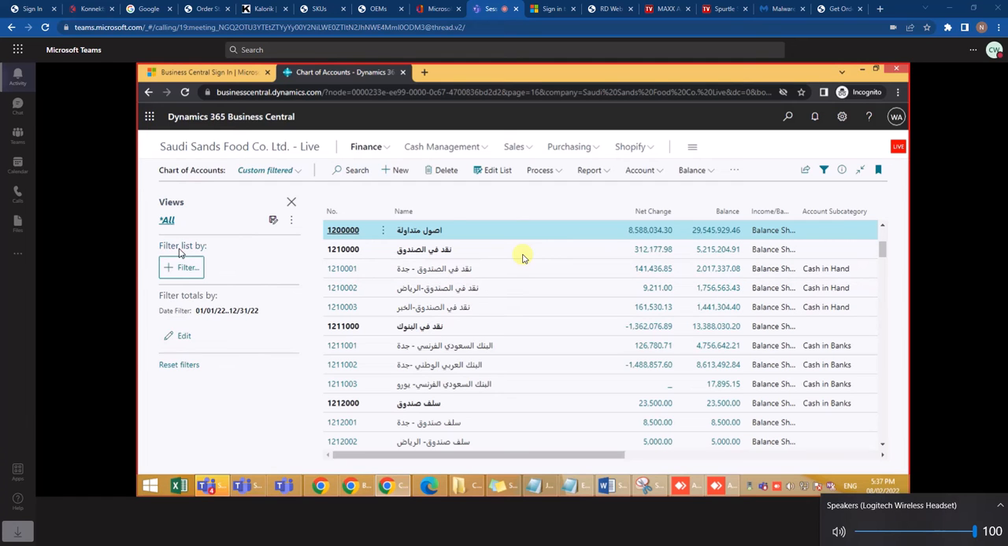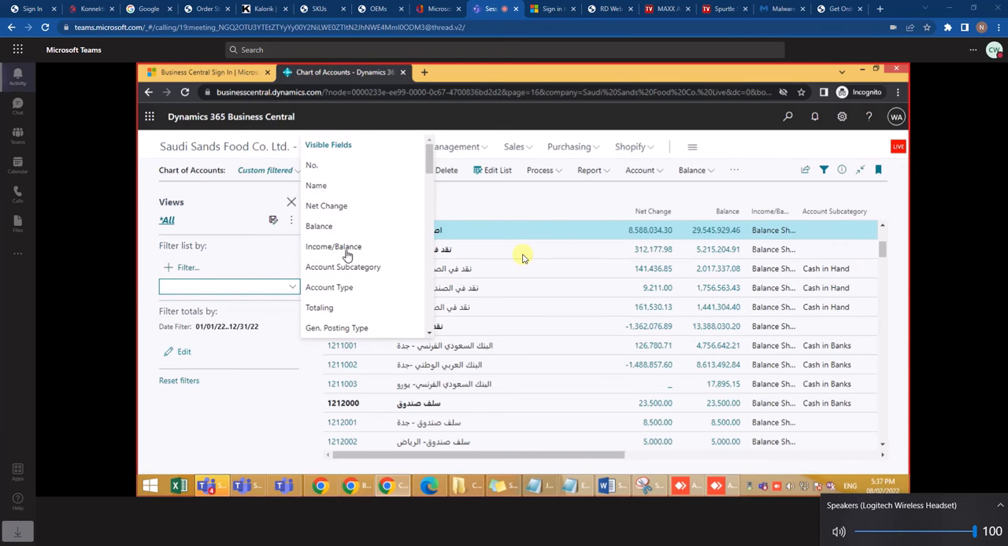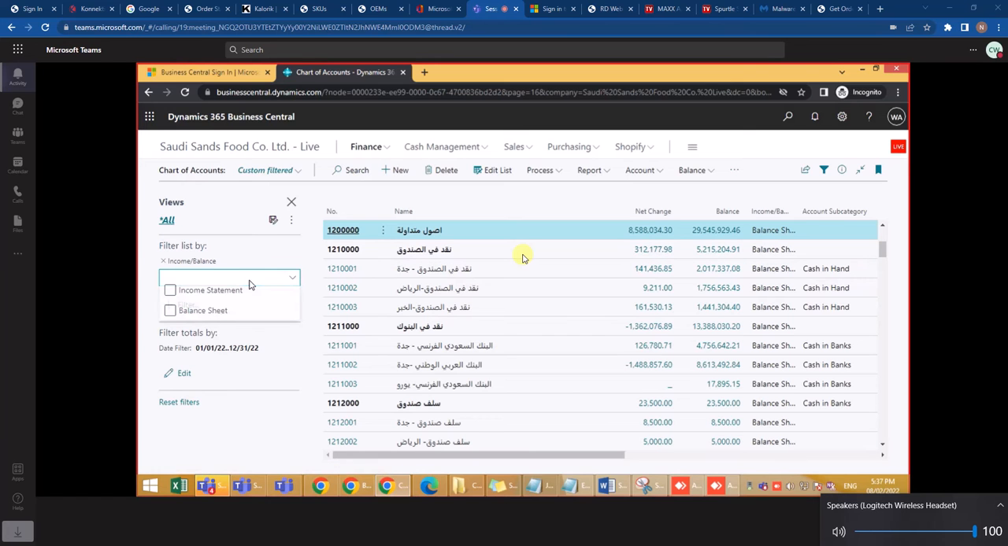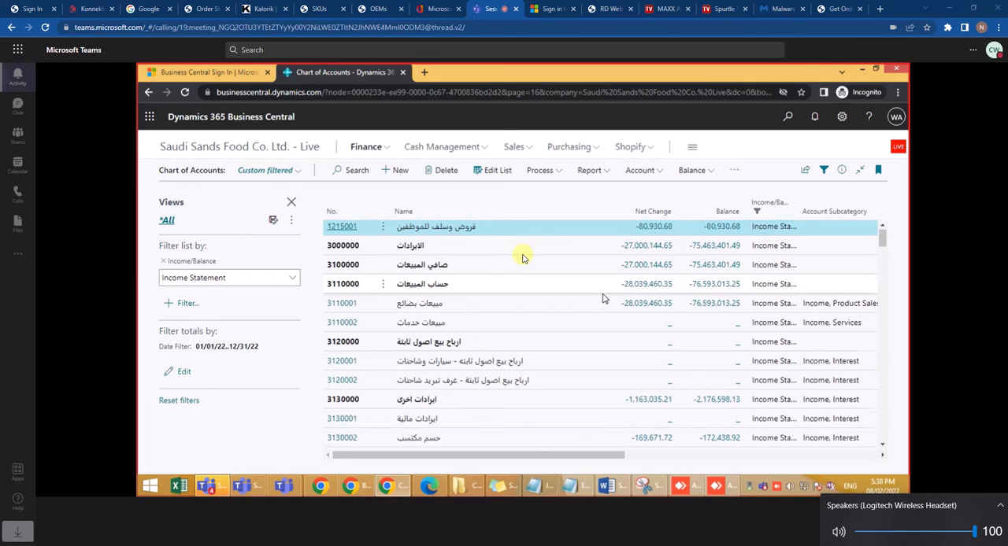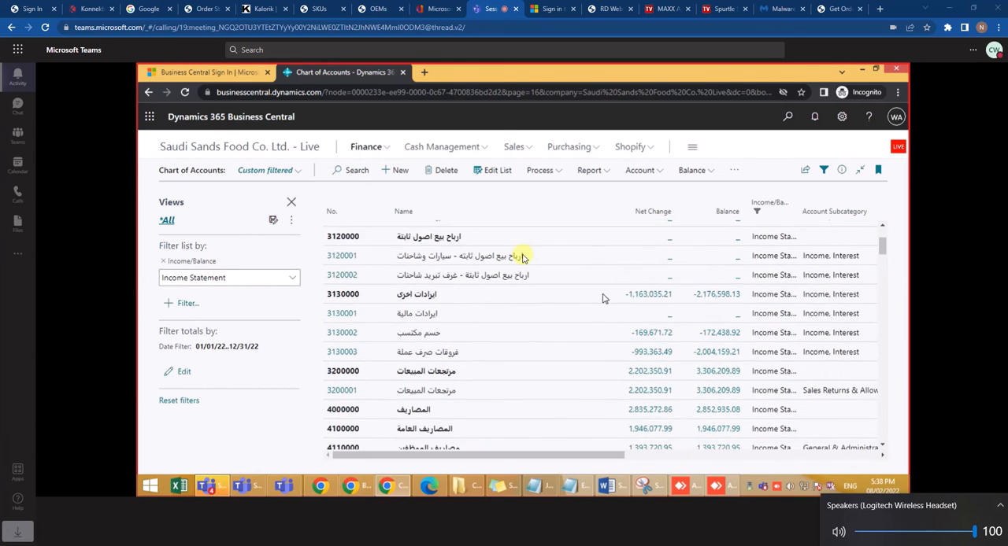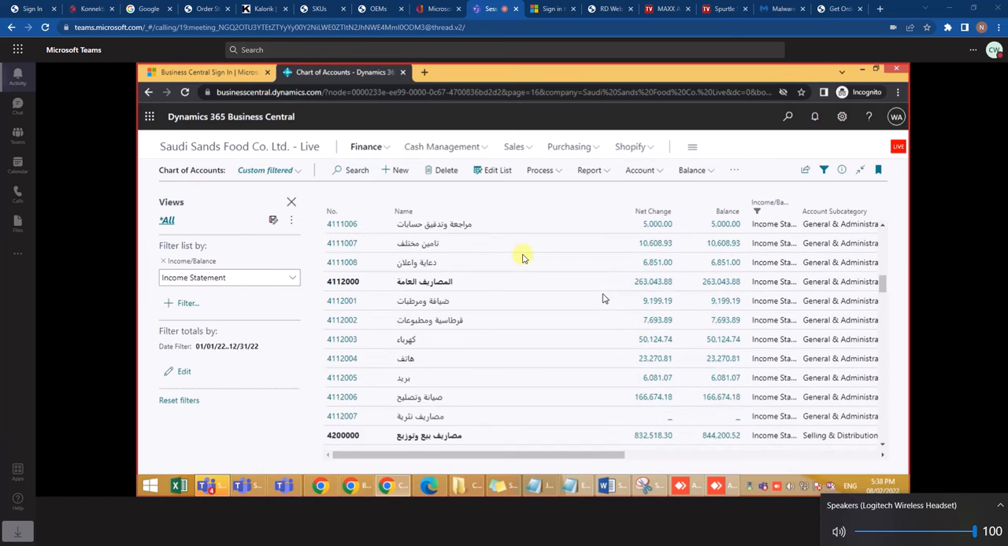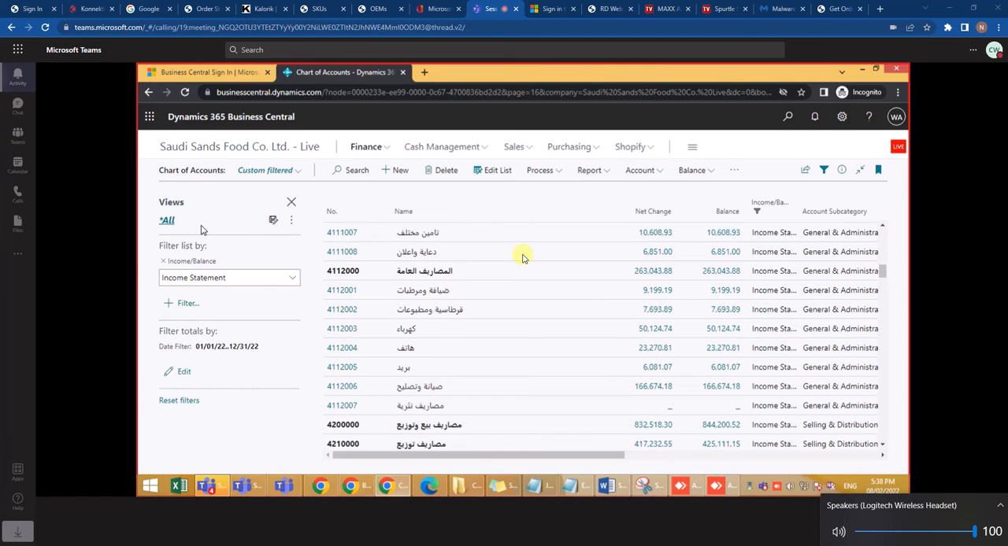Now, if I just want to select the P&L accounts, I can select income and balance, and then I can select income statement. So with this filtration, you can see only the income statement is coming up. The accounts having the income statement marked in their card will be shown. So this filter feature is